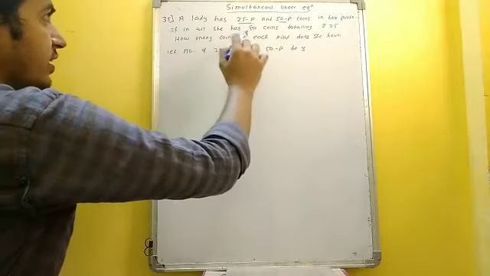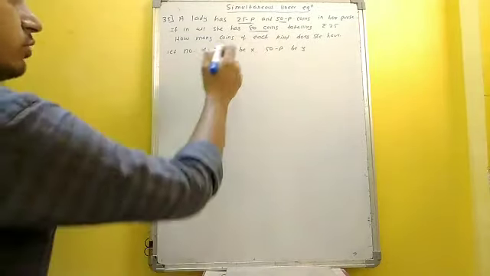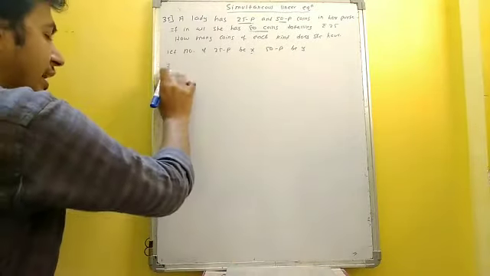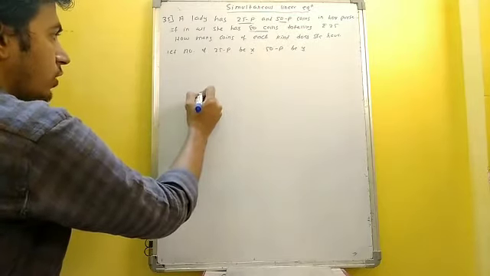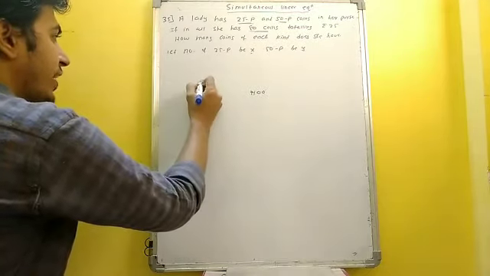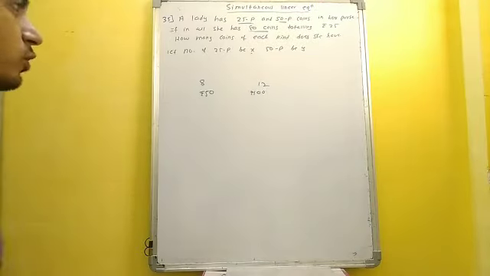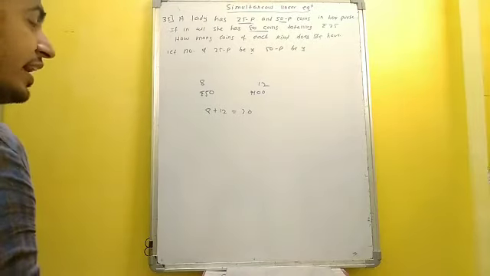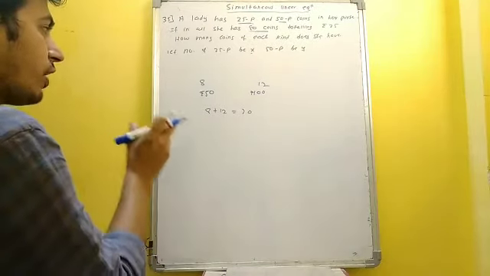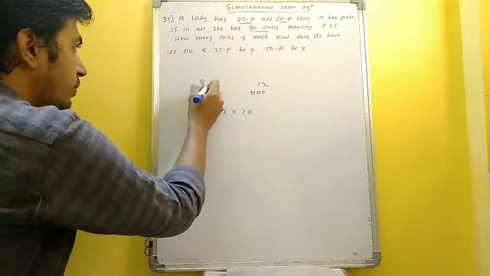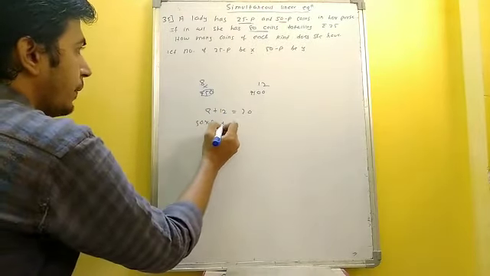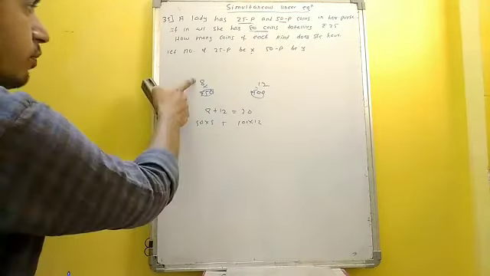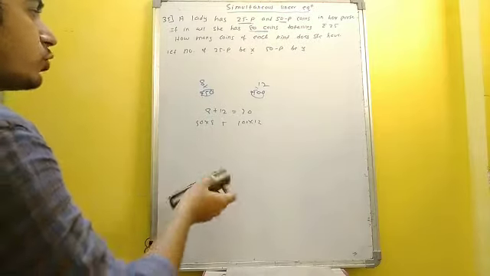First of all, it is given that she has 80 coins in total. Because x and y are denoting the number of coins, not the value. Suppose you have 50 rupee notes and 100 rupee notes, and you have 8 50 rupee notes and 12 100 rupee notes. If I am asking how many notes you have, it would be 20. But if I am asking about the value, you will have 50 multiplied by 8 plus 100 multiplied by 12 as your value. Means number of notes you multiply by its value to get the total value.